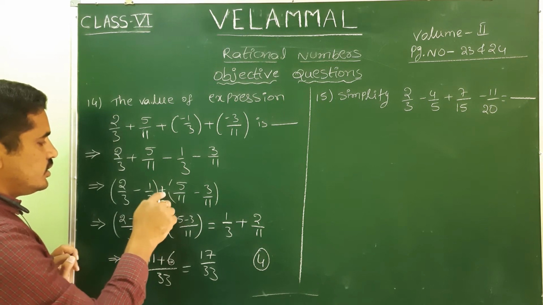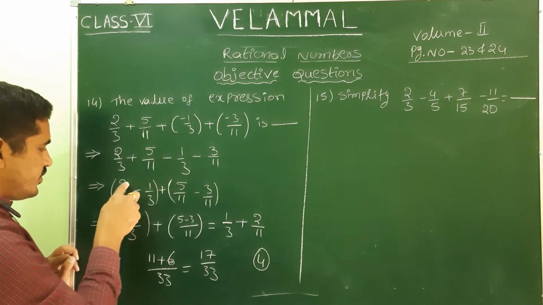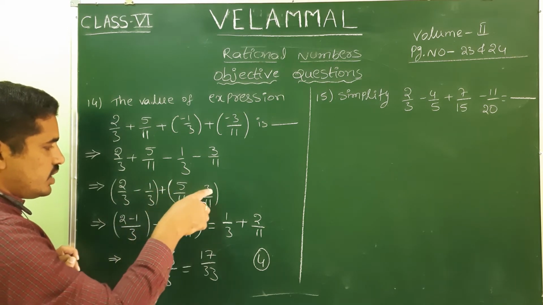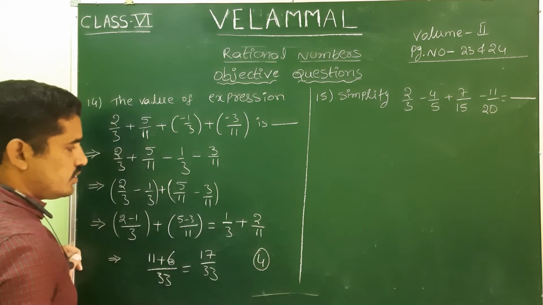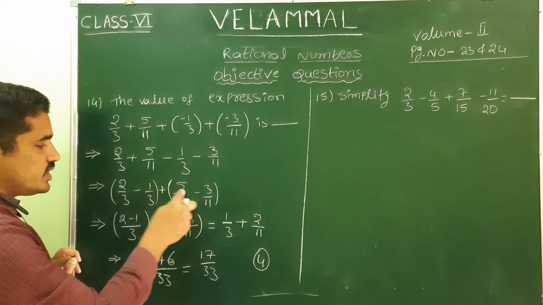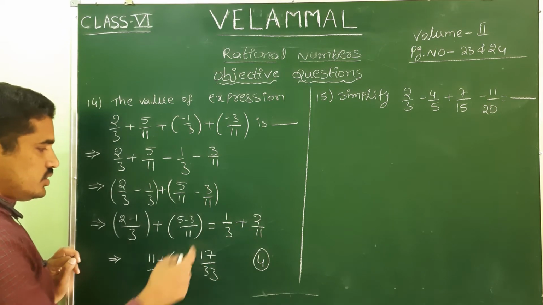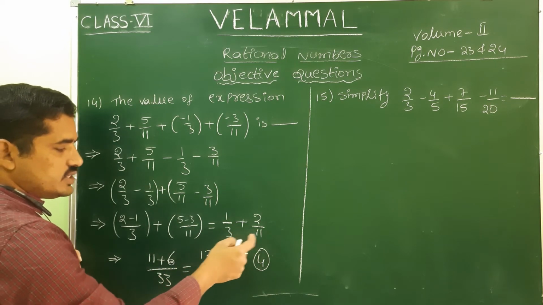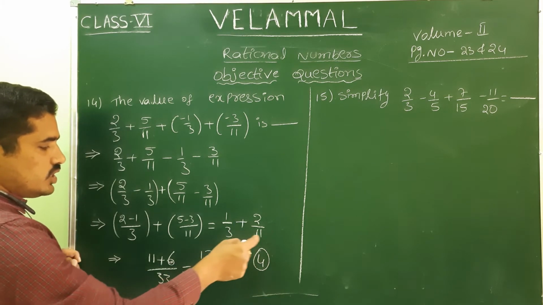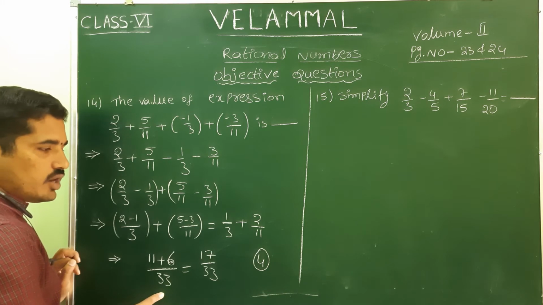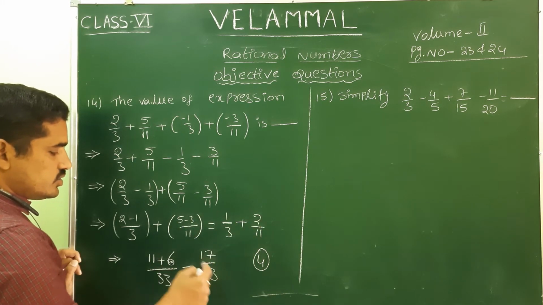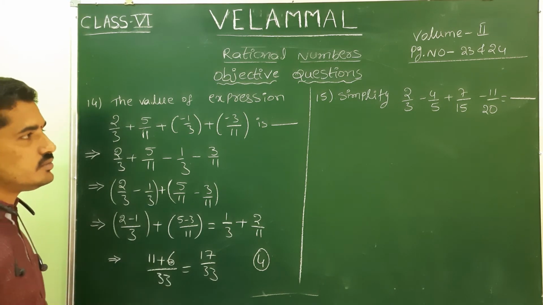So by that now we are doing simplification. 2 by 3 minus 1 by 3 is 1 by 3, and 5 by 11 minus 3 by 11 is 2 by 11. Both are here, plus is there, 5 is the greater value, so plus 2 by 11 will come. So now we need to simplify this addition of the unlike fractions by taking the LCM. Both are prime numbers, LCM will be the product, and cross multiplication, 11 ones are 11 plus 3 twos are 6. So 17 by 33 is the answer.